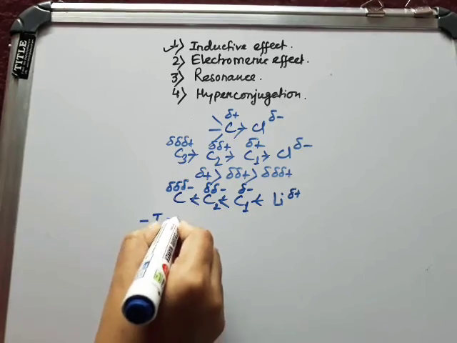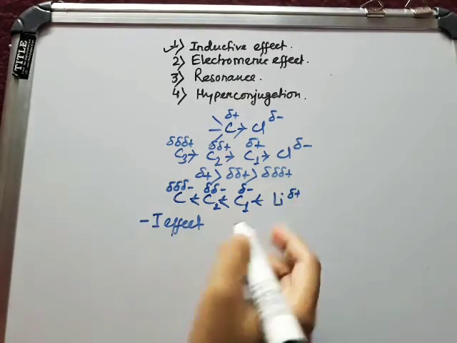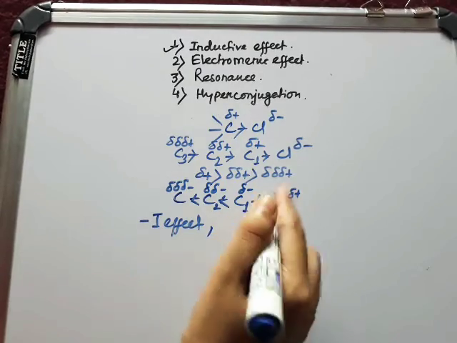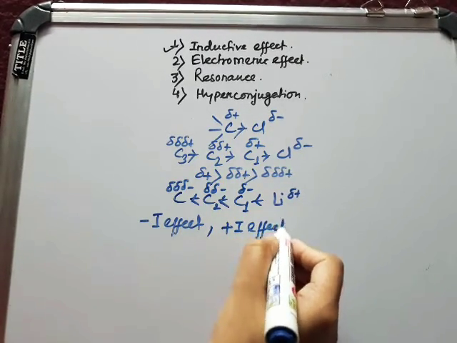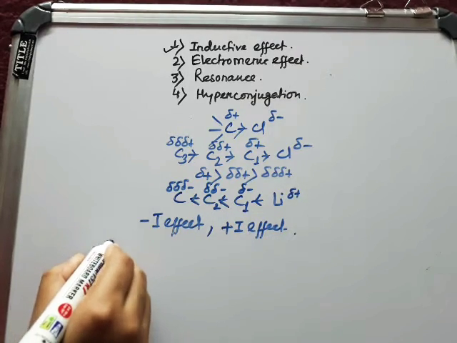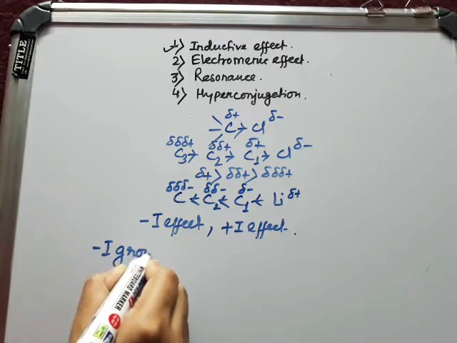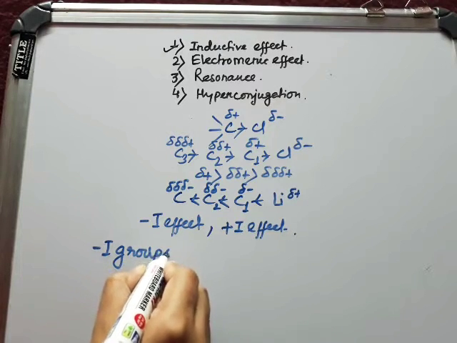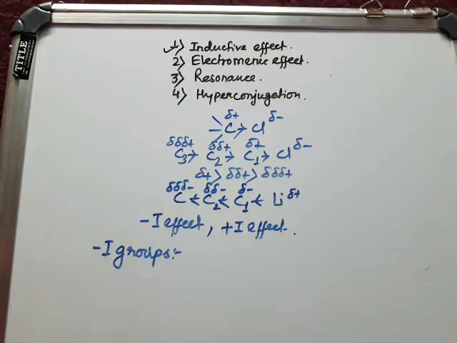One is minus I effect or electron withdrawing effect. Another one is electron pushing effect or plus I effect. So now I will write the names of some minus I and plus I groups. At first I will write the names of minus I groups, okay. So they are